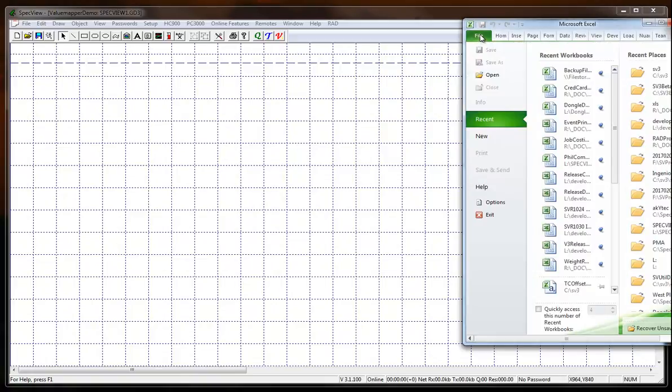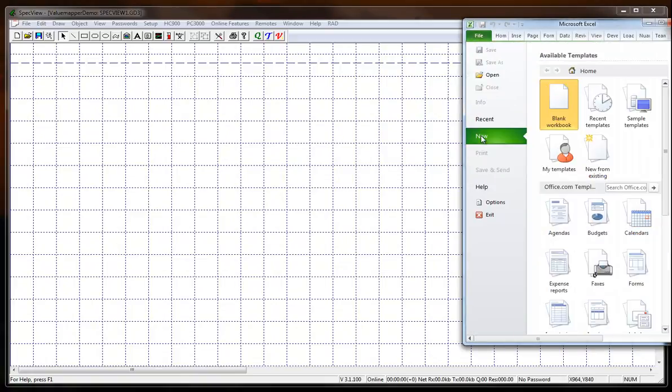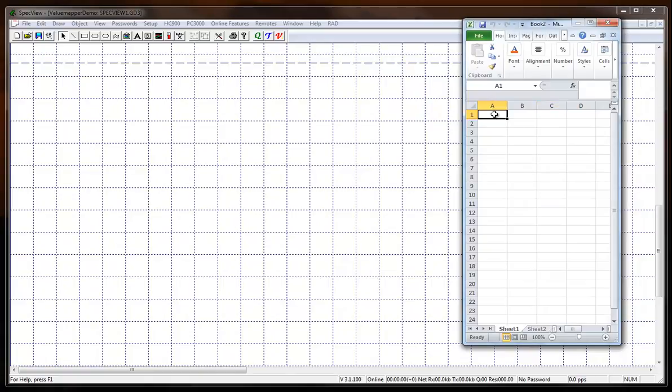While I'm here with Excel open, I'm going to create the other one, which is for mapping. And what we're going to do is we're going to pretend that we've got a 0 to 10 volt input, which maps to various sorted pressures registered in bar. So 0 volts is going to be 1 bar, 2 volts might be half a bar, 4 volts might be, well, let's make it easy, 0.1 bar, 0.001, 6 volts might be 0.0001, 8 volts might be,